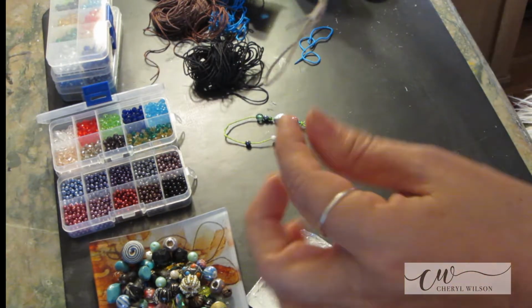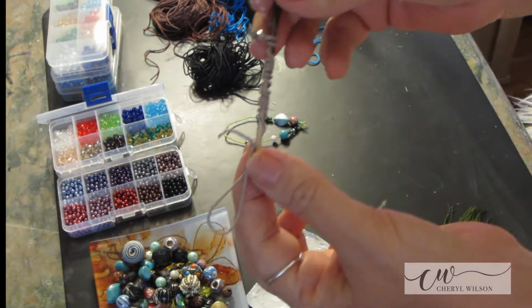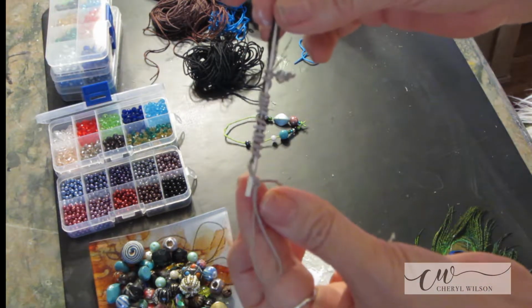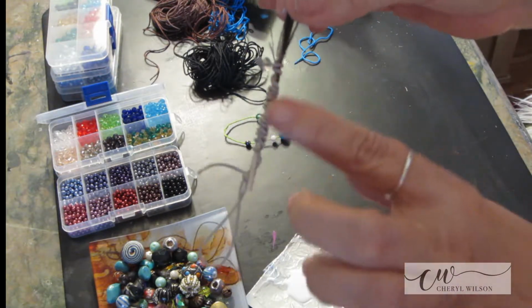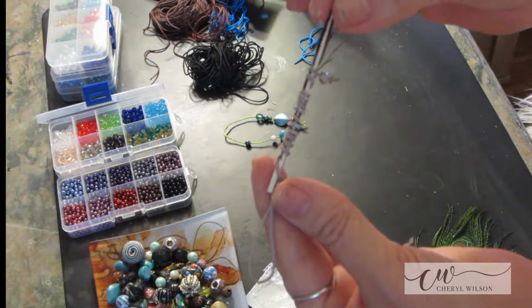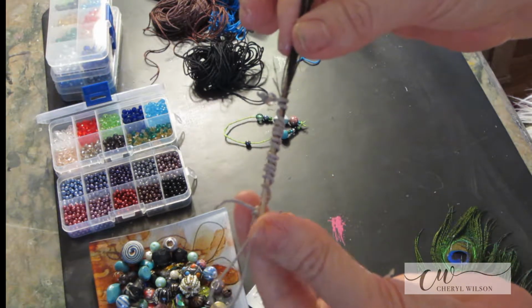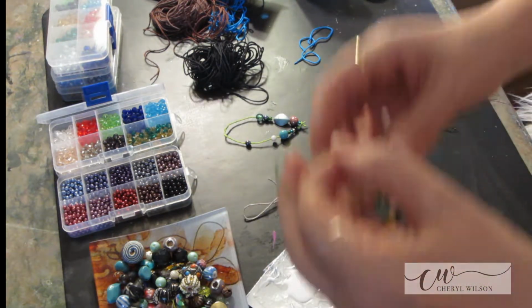I am an abstract artist. I'm very messy, very spontaneous, so I like the things I do to be very unstructured. If you like it very neat and tidy, you can wrap it up very neat and tidy. But there's an idea of how I do the first part. And then the second part